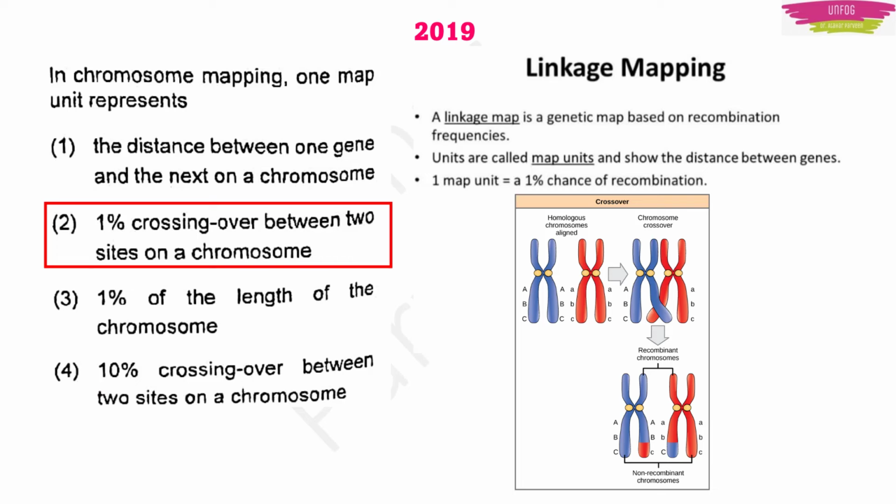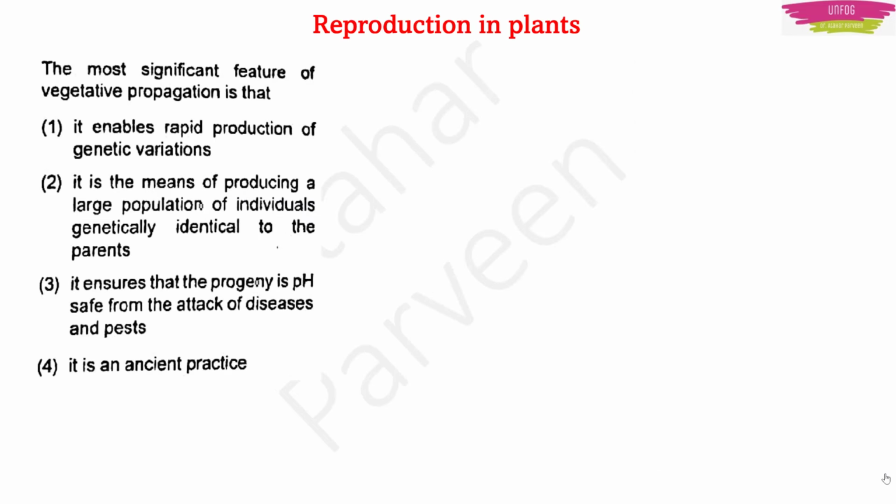So basically every time we can expect one question based on chromosomes. So that way you can go to topics like haploid and diploid, or reproduction, how many number of chromosomes are there, all those type of topics you can learn. Okay. Another question. This question is from reproduction in plants.